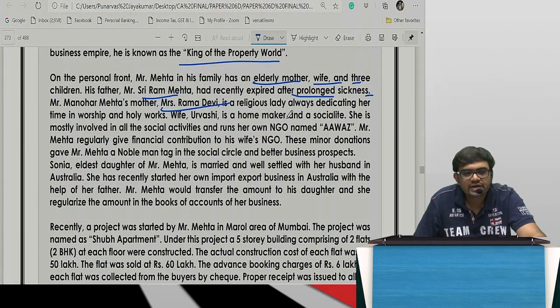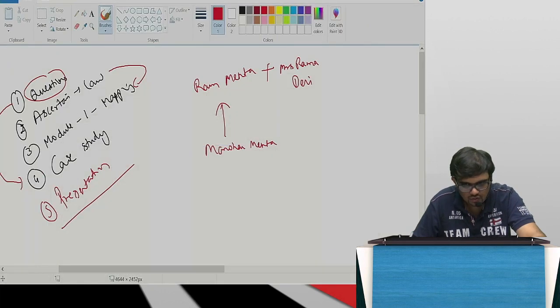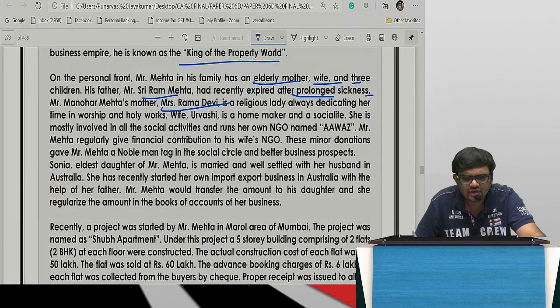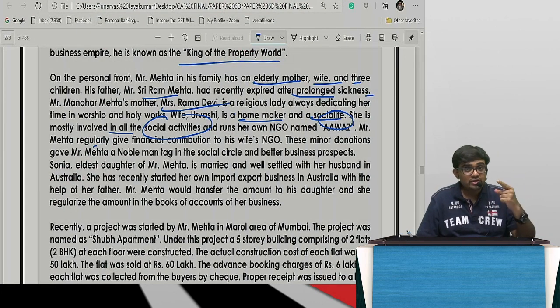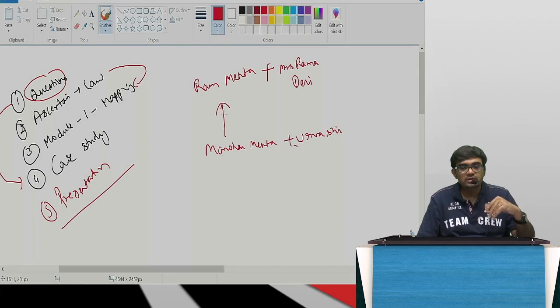Is a religious lady. Wife, Urvashi madam. Urvashi madam is Manohar Mehta's wife. She runs an NGO, a homemaker and socialite, mostly involved in social activities, and runs her NGO named Awaz. Mr. Mehta regularly gives financial contribution. The moment you say financial contribution, Benami and all that will come. So all this money will be given to Urvashi's